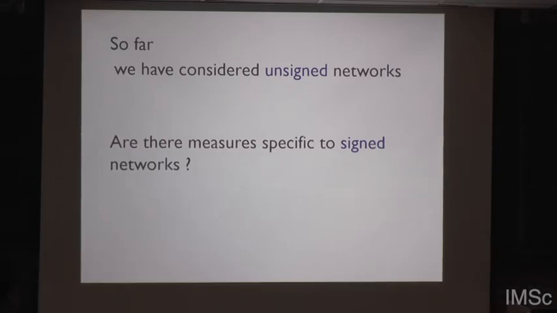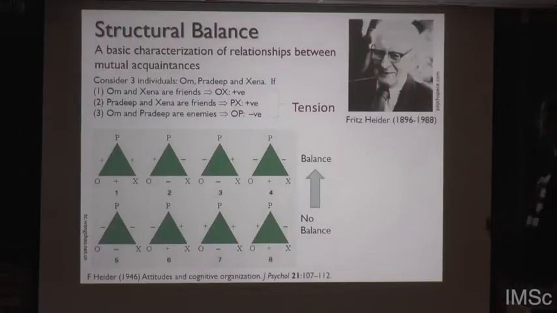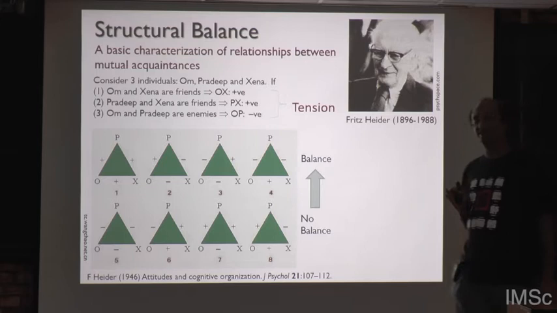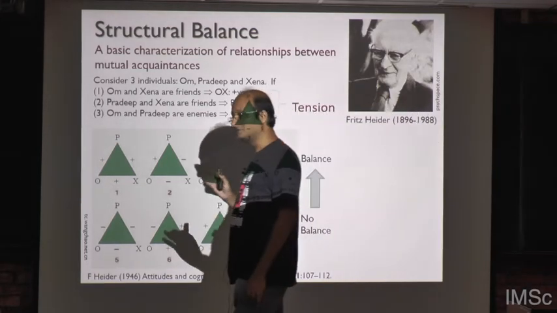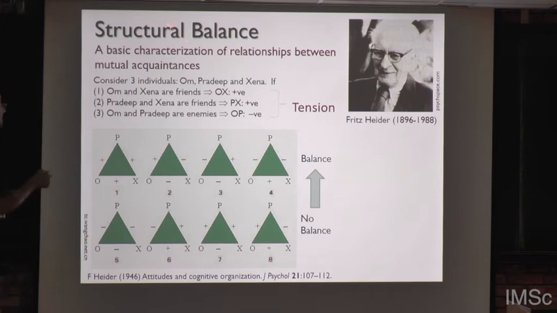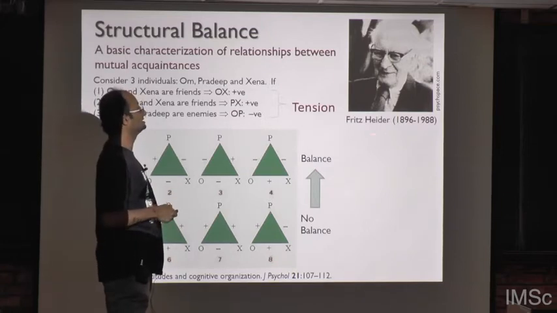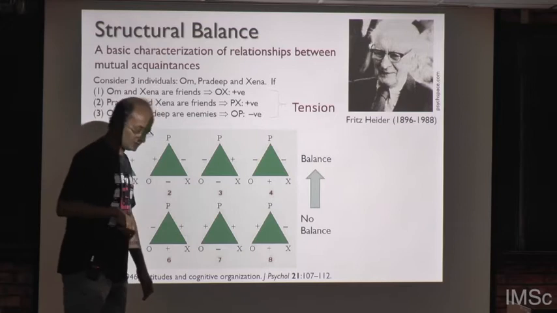Are there measures which are specific for signed networks? Of course, you can go and measure all these different things like path length, clustering, similarity, centrality for all of these signed networks. but is there some specific network measure which is unique to these kinds of signed networks? It turns out that a very important property associated with signed networks is the phenomenon of balance, or as it's often called, structural balance. So this was an idea which was first conceived of by Fritz Heider, an Austrian